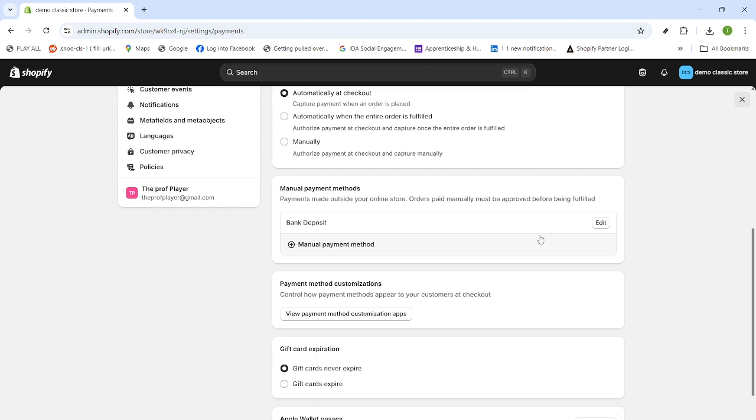After activation, place a quick test order to confirm the wording and flow. When real payments come in, verify the bank deposit in your account, then mark the order as paid in Shopify so fulfillment can proceed. That's it. Your bank deposit payment method